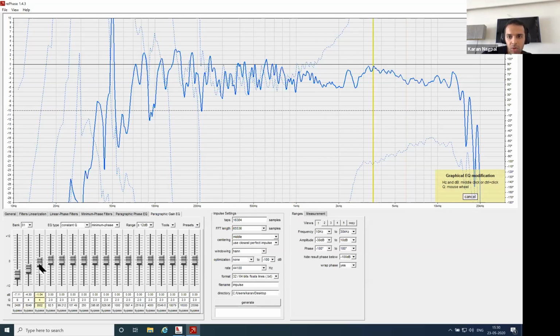I could reduce this probably by this amount, and again I have this bump at 2361, which is a high Q. It's almost like a notch that I need to apply, 2361, maybe Q of 8 or 10 for that matter, and make it nice.